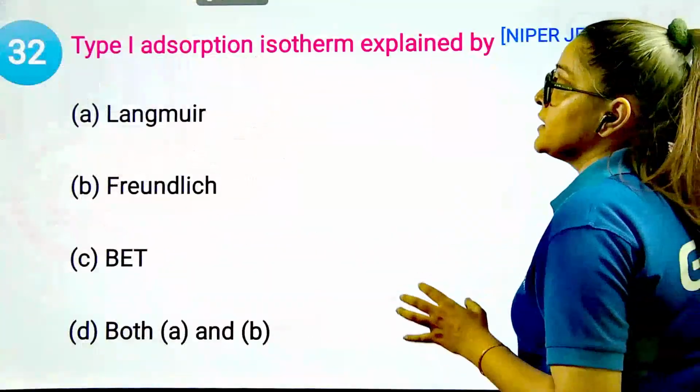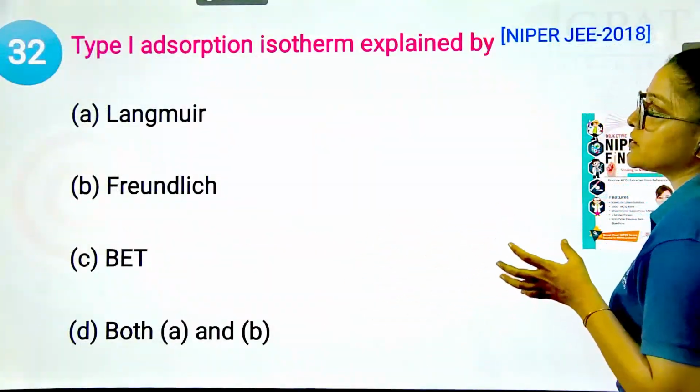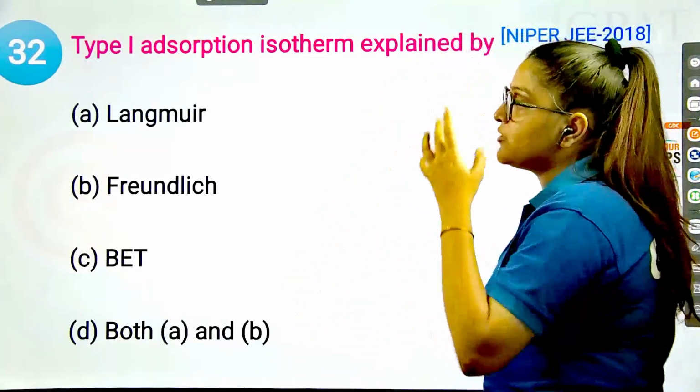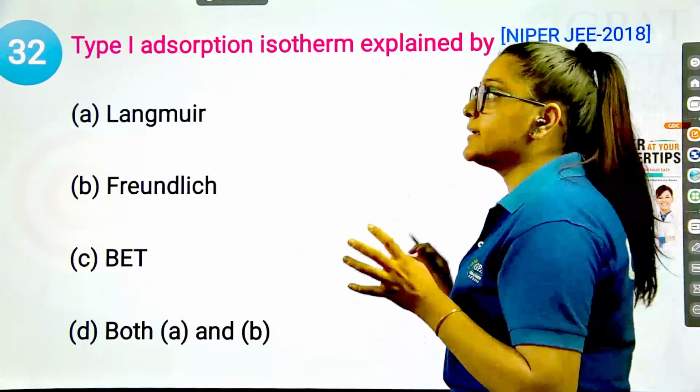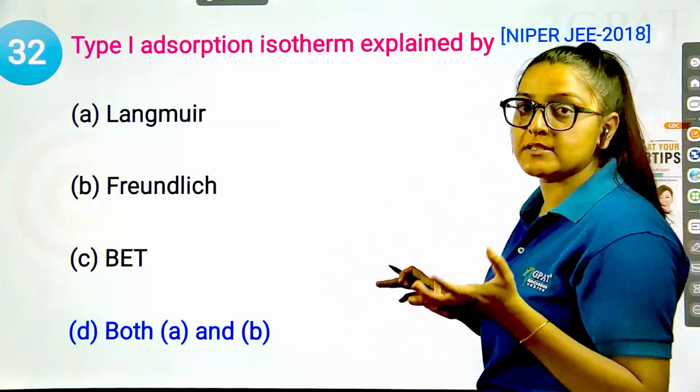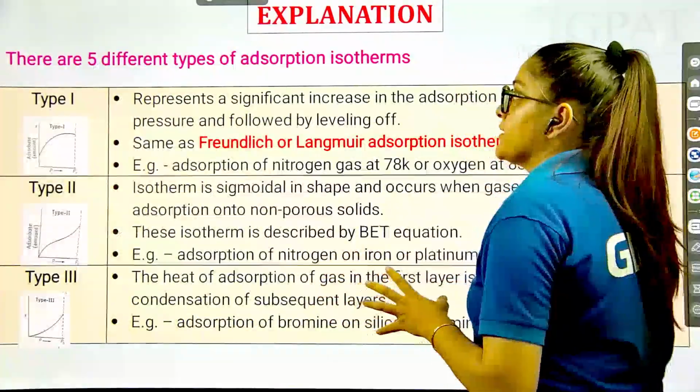Okay. Next, the type 1 adsorption isotherm is explained by, in the surface tension part, you must have covered this, type 1 adsorption is explained by both the Langmuir as well as Freundlich isotherms, right? Okay. Next,